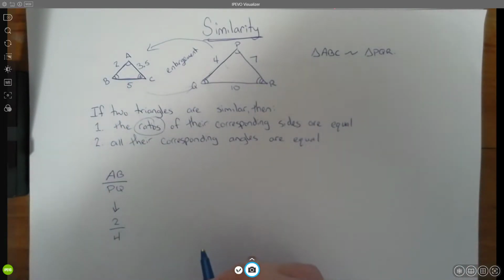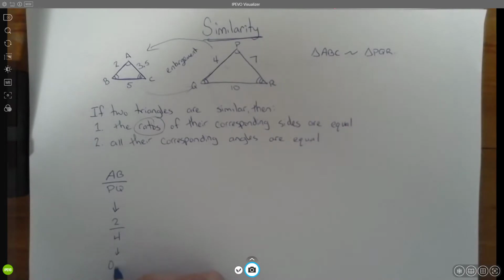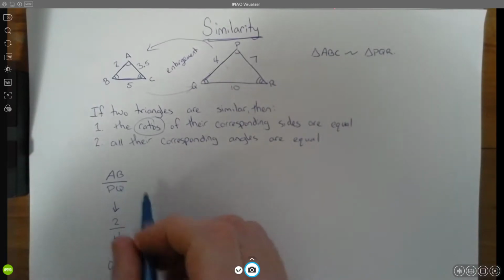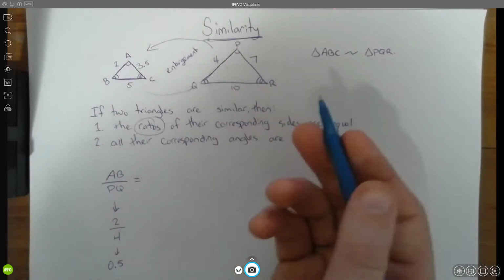It doesn't matter which one I take a look at. But what's interesting now, so that's 2 to 4, or as we said already, 0.5. That's the ratio at which they're changing. When we compare these two, it's going to be the exact same as if we were to compare any two